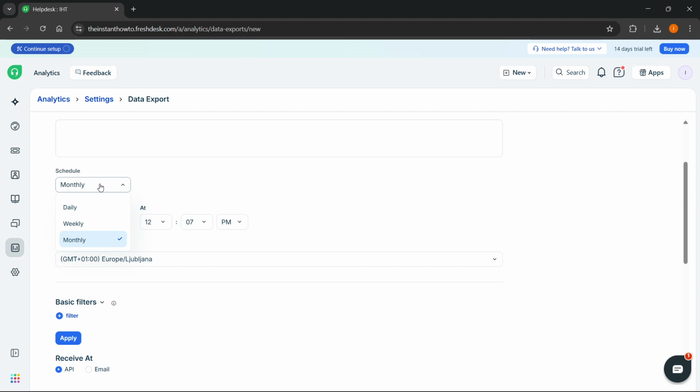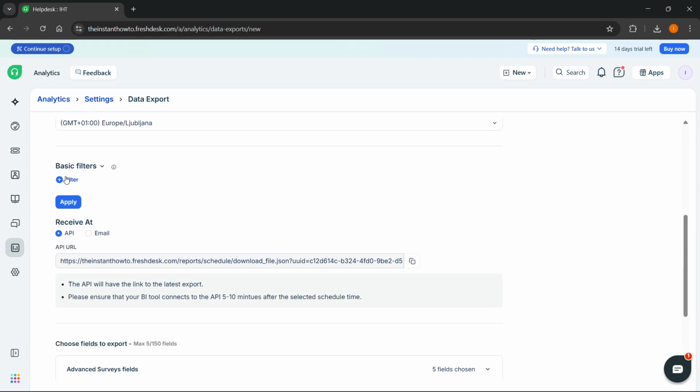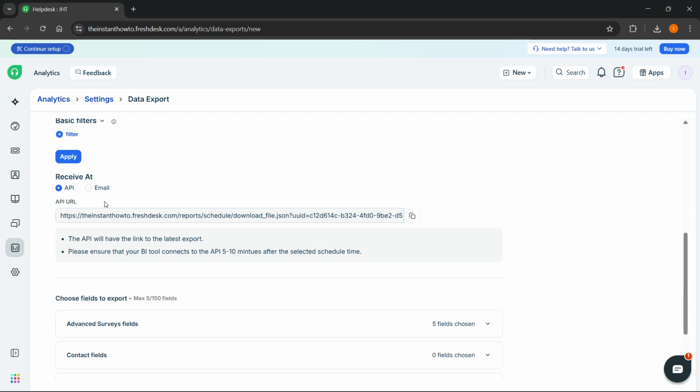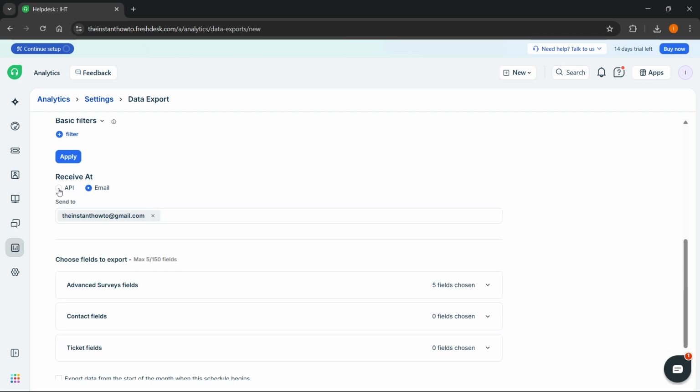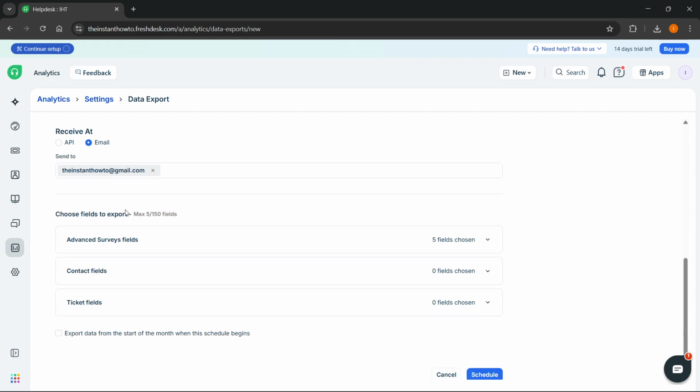You can schedule if you want it to be daily, weekly, or monthly. You can schedule on when you want it to be, and then time zone as well. You can put on some filters, basic filters. You can receive it via API or email, so it's completely up to you over here. You can do whatever you want, and then you can also choose the fields to export, and here you can